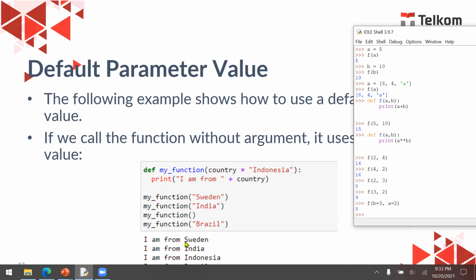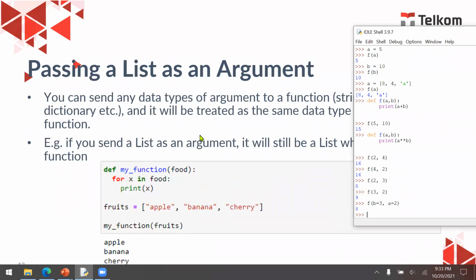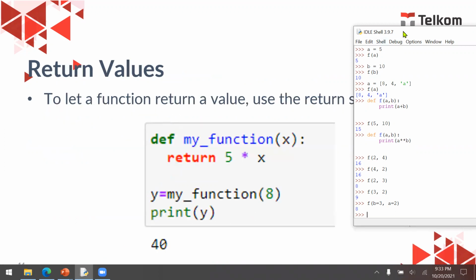So it will print I am from Indonesia. Okay, that's default parameter value. And then passing the argument, we already did that. And then return value. Okay.